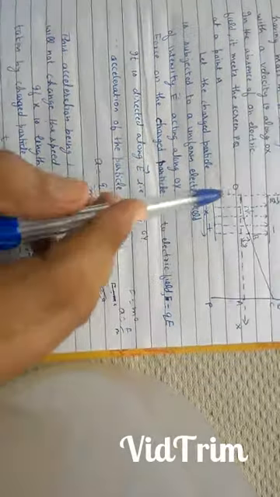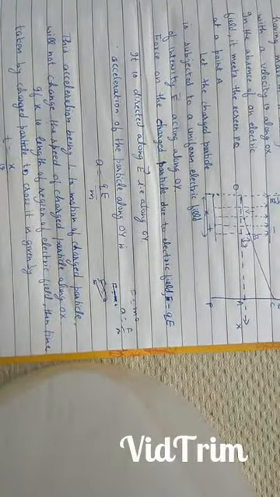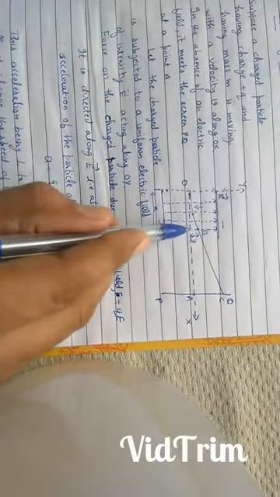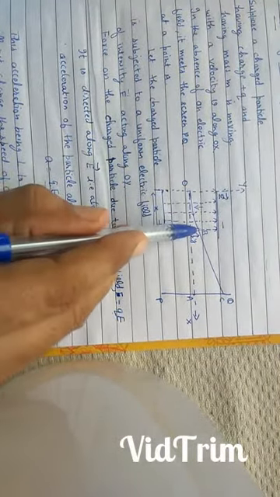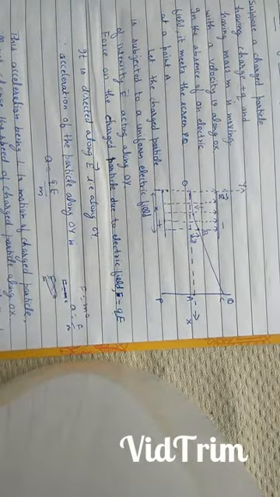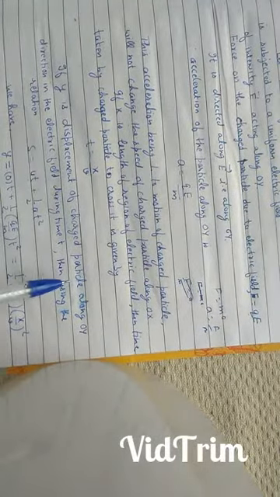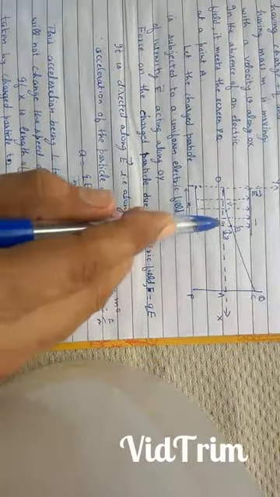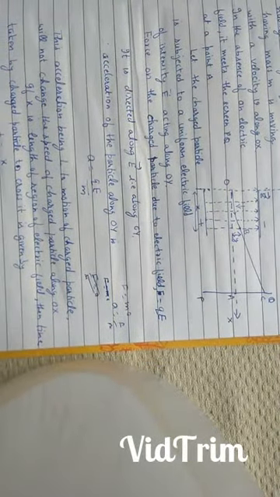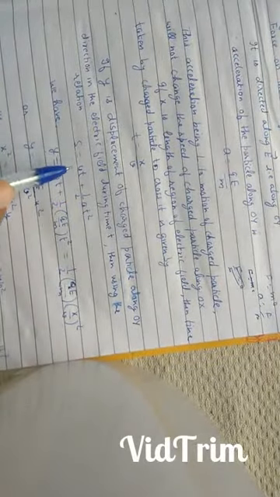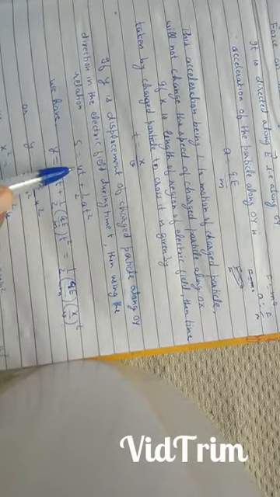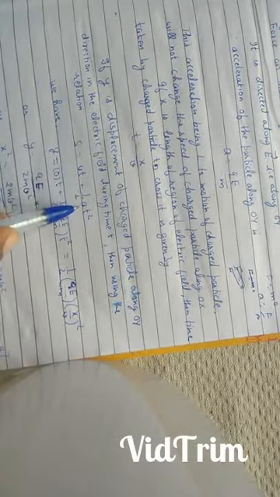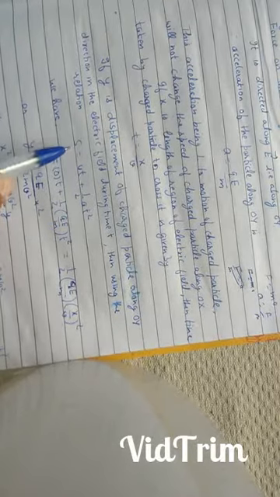Distance is x and speed is v. If y is the displacement of the charged particle along the OY direction in the electric field in time t, then using the relation s is equal to ut plus 1 upon 2 at square, where s is the distance travelled, u is the initial velocity, a is the acceleration, and t is the time taken to cover the distance s.